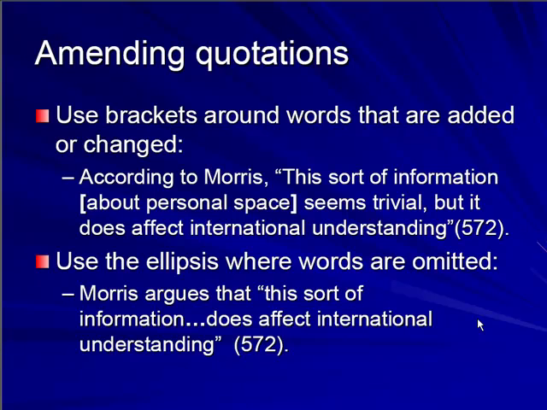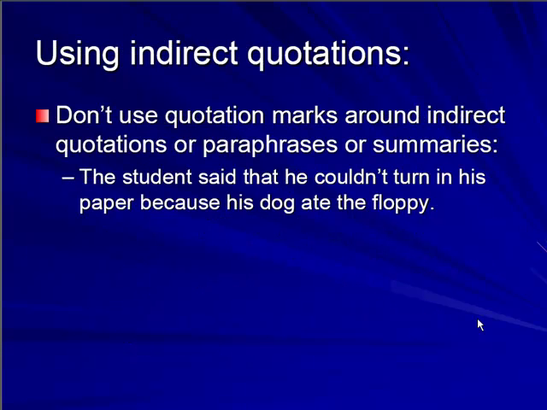The second situation is when you have to drop some words. You don't want the whole quotation, you just want some words in the beginning and at the end. And to indicate that you have dropped some words, use the ellipsis. Notice the 3 dots in the middle. That punctuation mark is called the ellipsis. And of course, when you use indirect quotations, when you're writing your paraphrase or summary, unless you're using an exact phrase from somewhere, no need for quotation marks.